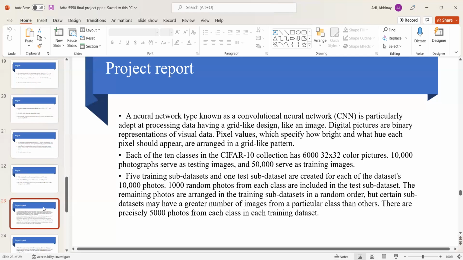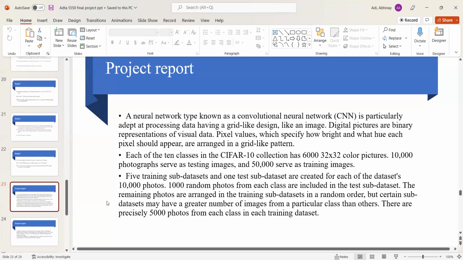There are precisely 5,000 photos from each class in each training data set. And here, a few of the subsets contain more images belonging to only one class, and 5,000 photos are present in each class of the training data set. And when we move on to the next slide,